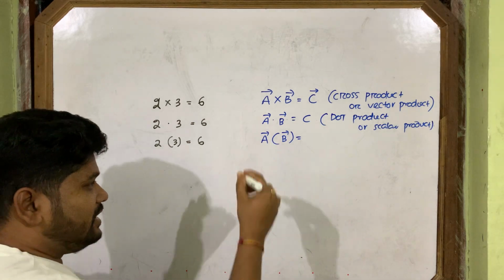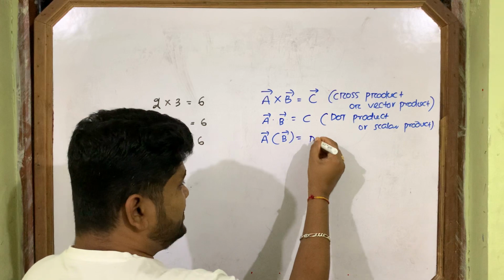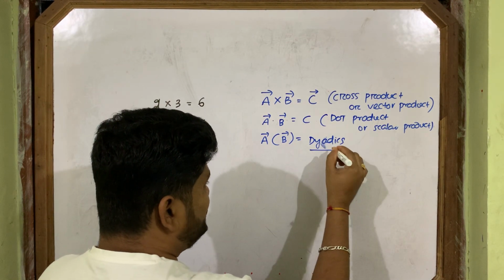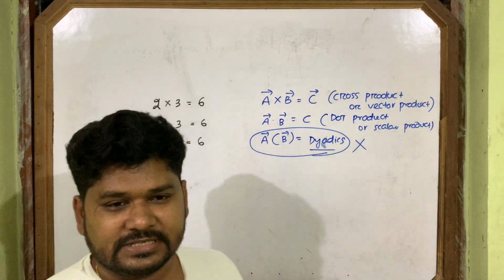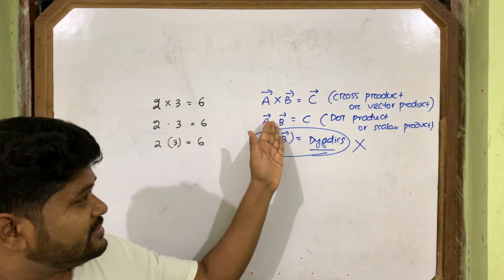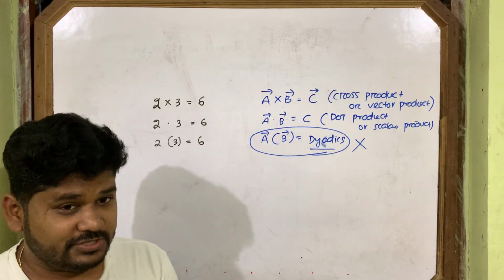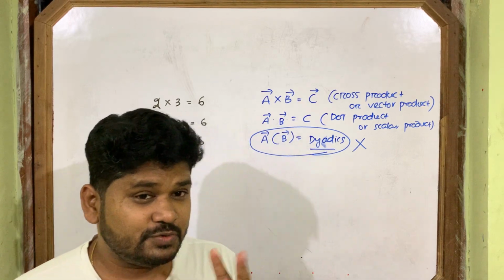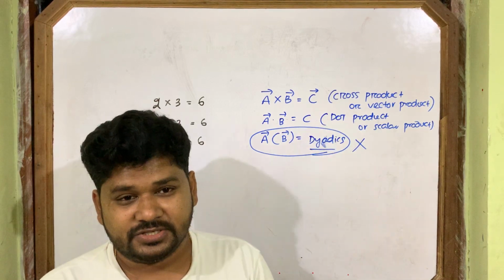And when you multiply two vectors by brackets like this, it is called the dyadic product, which is not in your syllabus, so it's not required to discuss at +2 level. So we'll discuss only these two types of product of vectors. Now I think it's clear to all of you. Product of vectors is of how many types? 2 types. One is the dot product, one is the cross product.